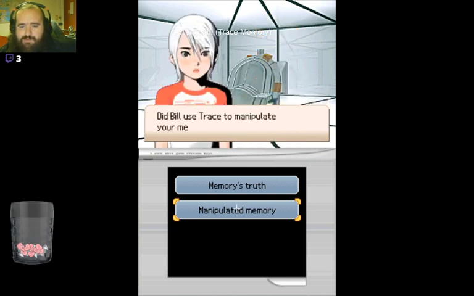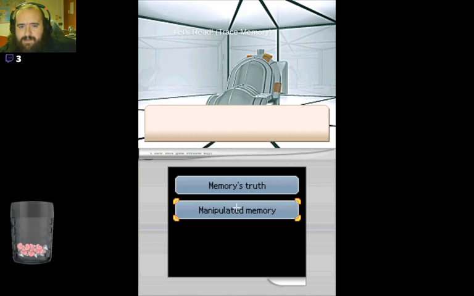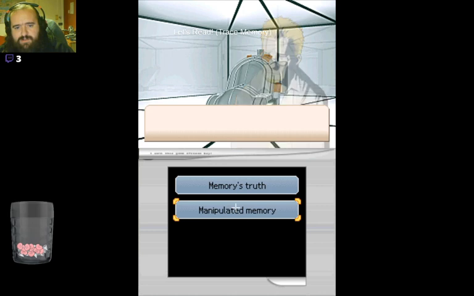Did Bill use Trace to manipulate your memory? Maybe. When Bill came to visit me right before I blacked out, I believe there was a prototype DTS on my desk. It had the white DTS card inside. Okay, I see. Actually, the DTS I sent you is the only production model. Your DTS is the only one that can read both white and red cards. Actually, if my current memory is false, I want to get my real memory back and face you as your father. But if it's real...